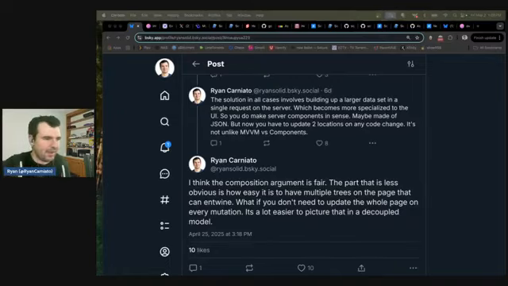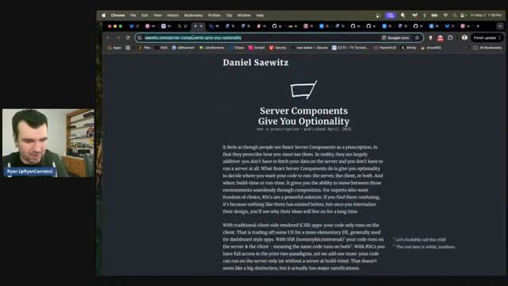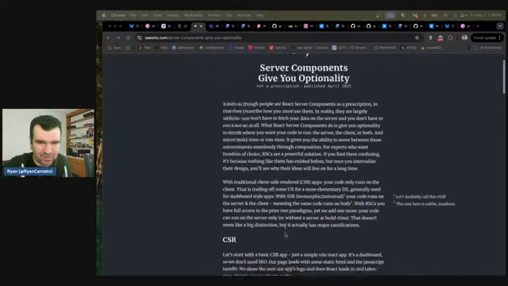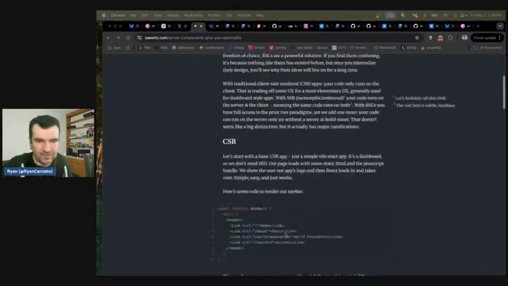Yeah, I don't know. I read an interesting blog post about server components. Similarly, I'll share this one. It was called "Server Components Giving You Optionality." Just to kind of wrap up here, it felt like it was related, even though it wasn't, to the conversation we're having. The whole idea was that server components basically give you, your code runs on the server